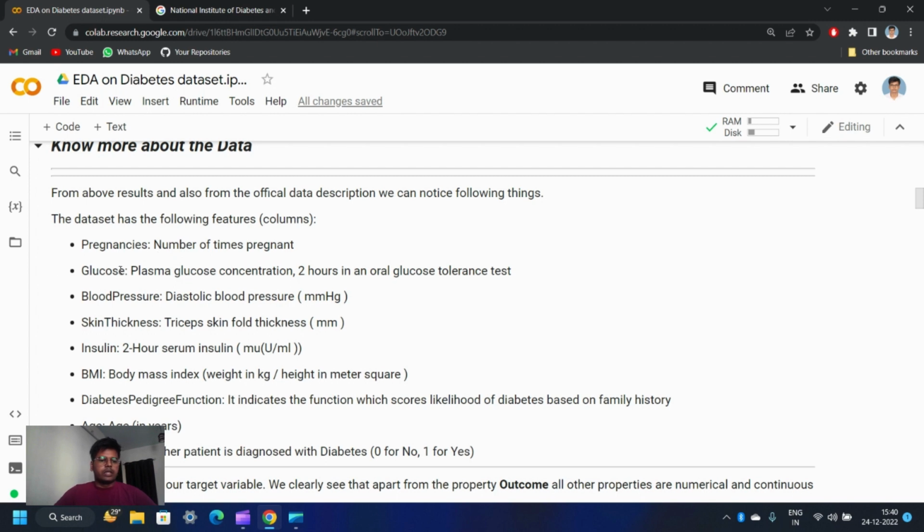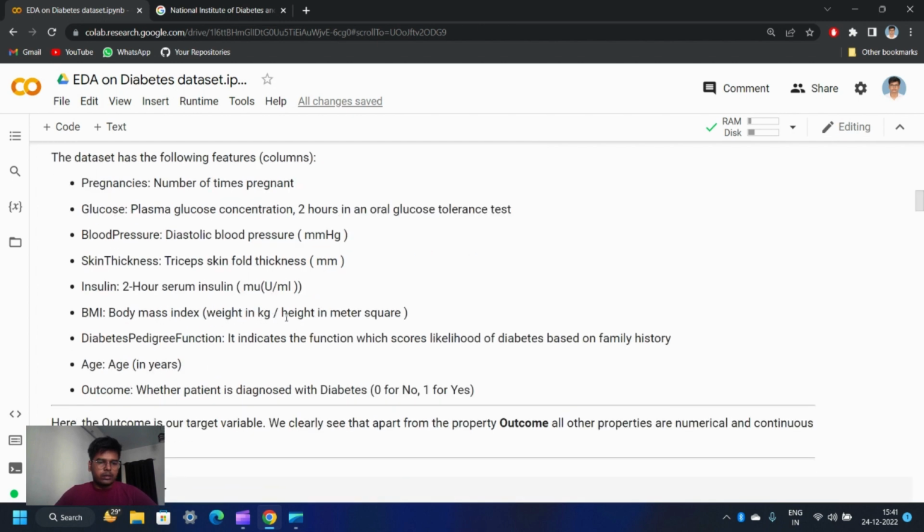The glucose column is plasma glucose concentration, and the blood pressure column is DBP, that is diastolic blood pressure. Skin thickness is our triceps skin fold thickness. Insulin is the 2-hour serum insulin, and BMI everyone knows, that is body mass index, weight in kilograms divided by height in meters squared, and